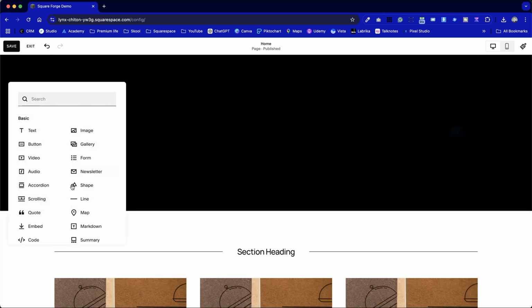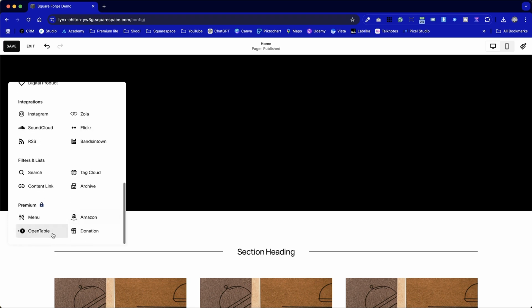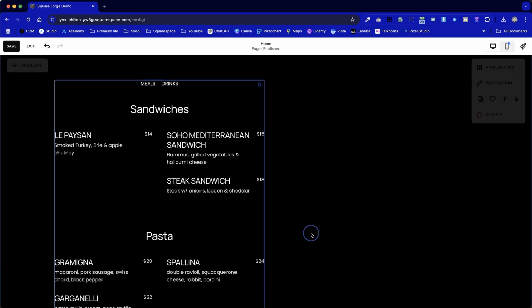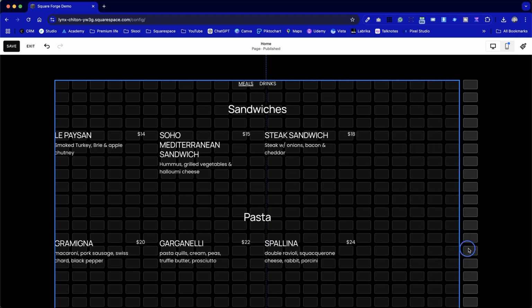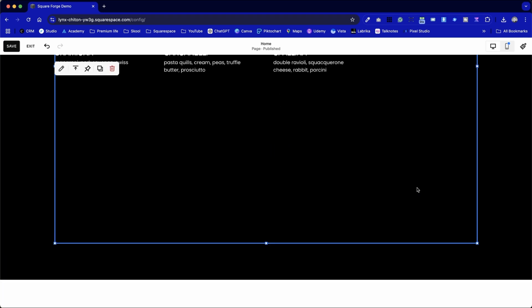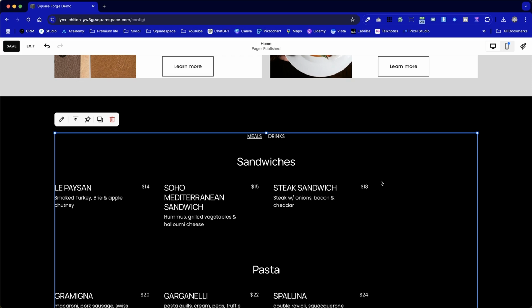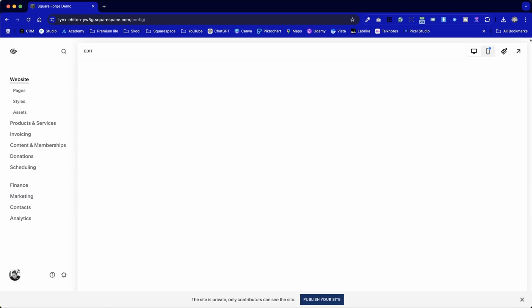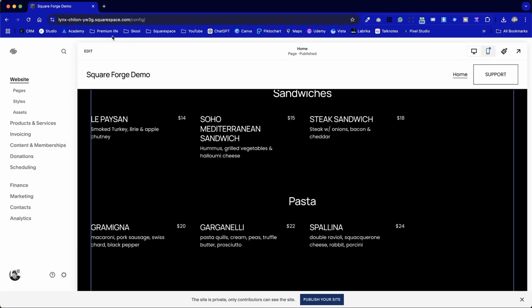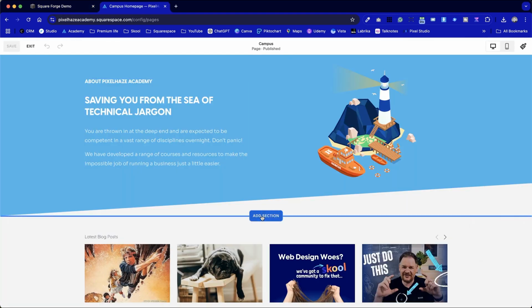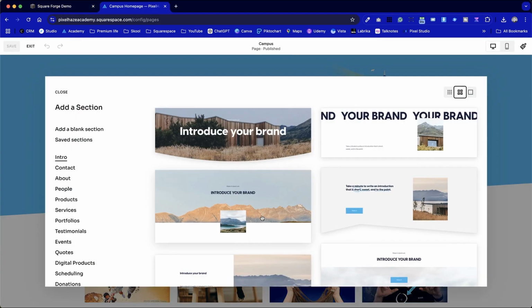So let's add the block in by clicking Add Block, scroll down, click on the menu option, and once it's in place, we can now use the bounding boxes to resize it, and I'm probably going to want to put it full width so we can make good use of that space. If I save and exit the editing version here, we can see we can't preview it because it's a premium feature. But what I can do instead is go to a website that I know is on a commerce plan,